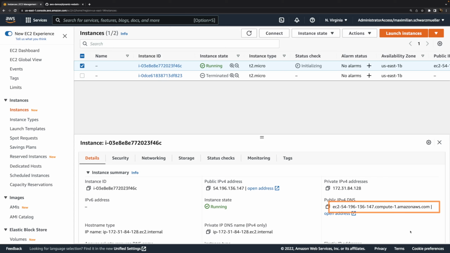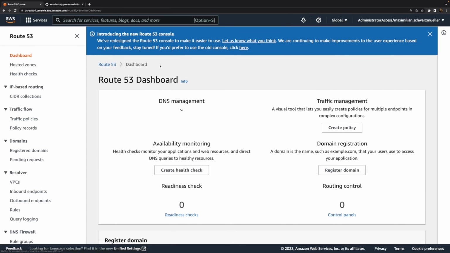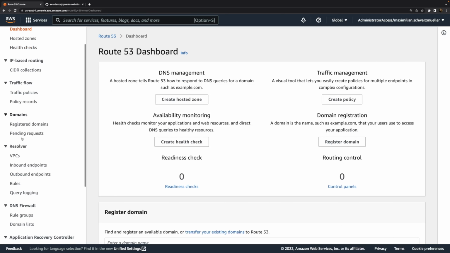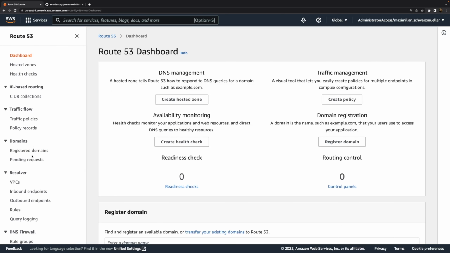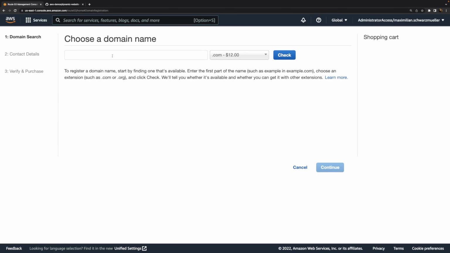As mentioned, that's the domain name we saw and used through all these other videos as well, but very often you might want to use your own custom domain name. And AWS has another service totally unrelated to caching and CloudFront or anything like that called Route 53. Route 53 can be used to register and manage your own domains. Now here I don't have any domains, but you can also purchase domains through Route 53. And whilst this does cost you money, I will do it here to show you how this would work.